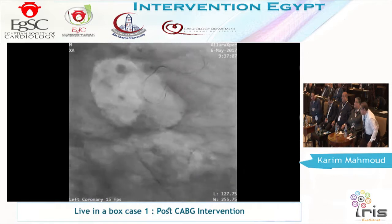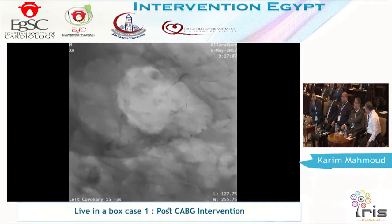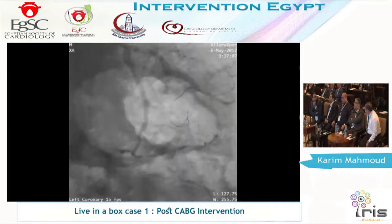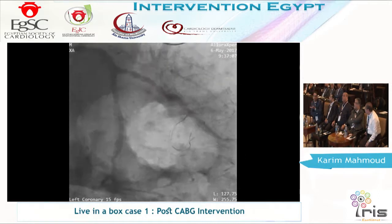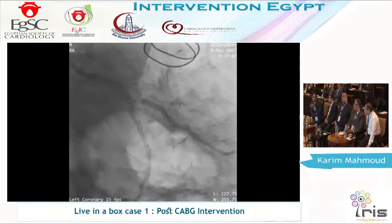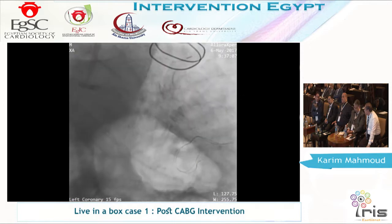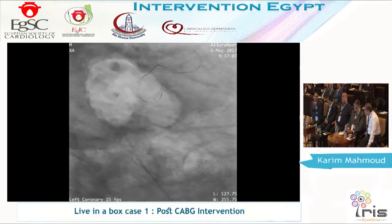Okay. It is of course a very good question, Dr. Mohamed, why you covered up to the ostium of the left main. Because we don't have an IVUS to see whether the left main is significant or not, but it is diseased, and there is no risk for you because the LAD is totally included and you have a protected LAD. So it should be covered up to the